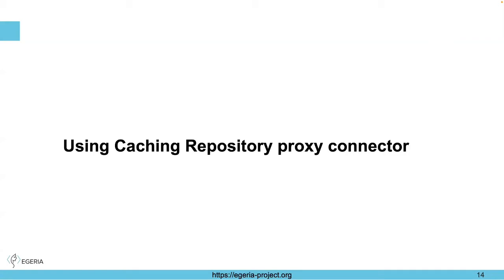So this section, contrasting with the pattern that Lupcho has explained about how the IGC made some compromises from the ideal repository proxy, is a slightly different style, which has made different compromises. But the main thing is that it still allows you to bring your metadata into the Egeria ecosystem so that it can be shared and you can do integrations in this sort of easy open way that Egeria enables.